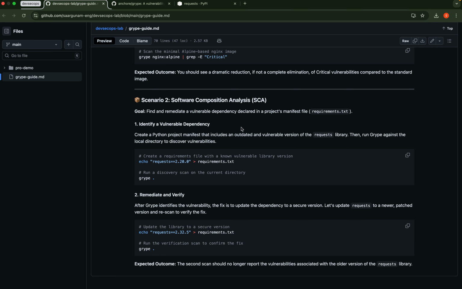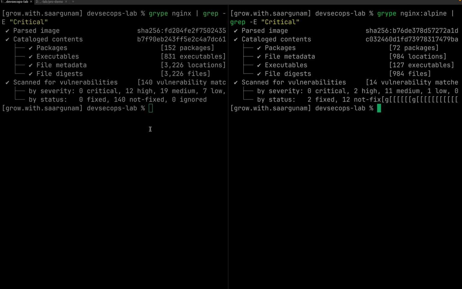So let's go into the terminal to understand it better. Here I have scanned the Nginx image. This is the command, grype nginx, and we are grepping only for the critical vulnerabilities. So it has executed the scan. You can see here it says 152 packages and executables and other related stuff. And the thing we need to focus on here is the vulnerabilities. You can see there are 140 vulnerabilities, which are categorized by the severity and